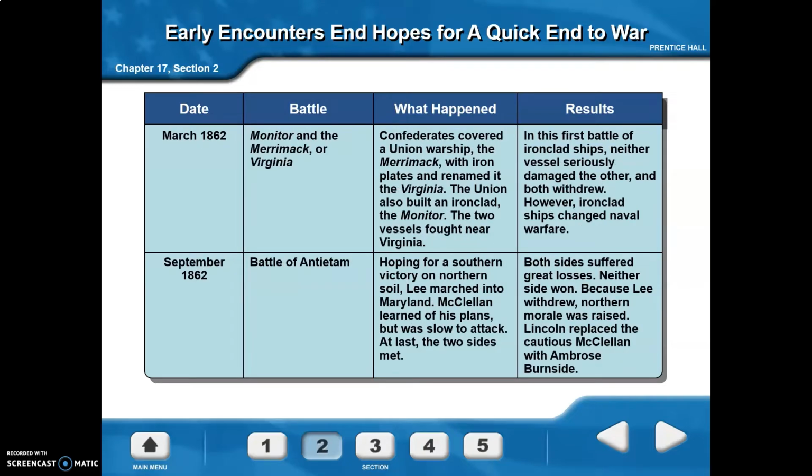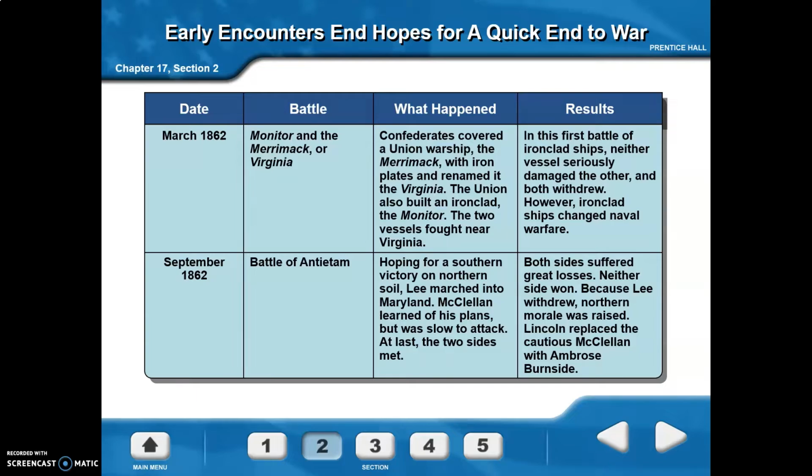Two other battles, the Monitor and the Merrimack, or Virginia, if you want to call it, happened in 1862. The Confederates covered a Union warship, the Merrimack, that the Union just left behind, and they wrapped it with iron plates and renamed it the Virginia. And the Union decided to build something similar, and it's called an ironclad, where these iron plates wrap around to help barricade you if you're fighting in the water using cannons